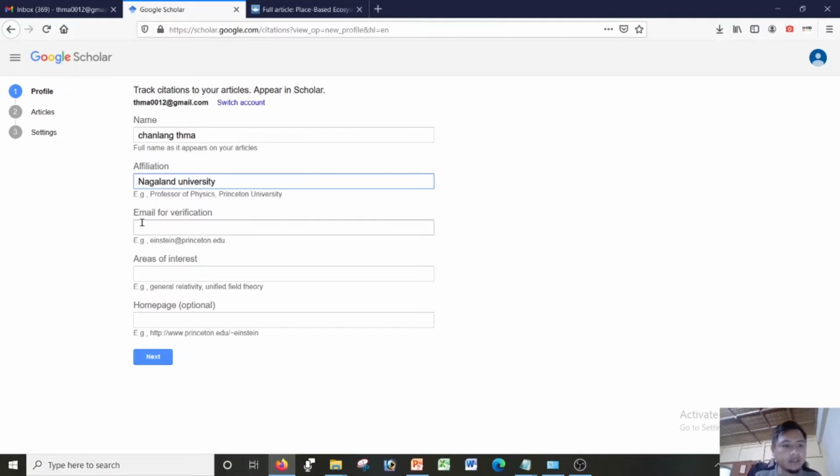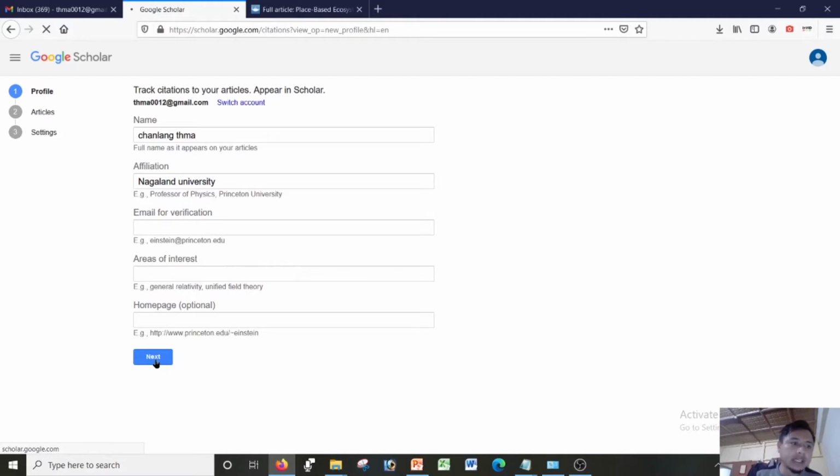Use N. And if I want to use email for verification, they will be asking for .edu or .ac.in kind of email ID. It's not required since you don't have it. Your area of study, in my case, is information seeking behavior or privacy studies. So I can write so on and so forth, and then click next.